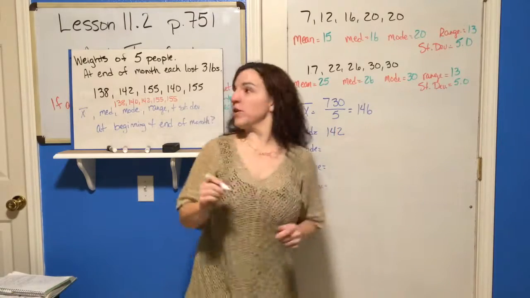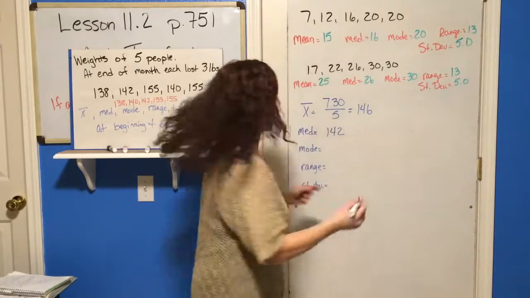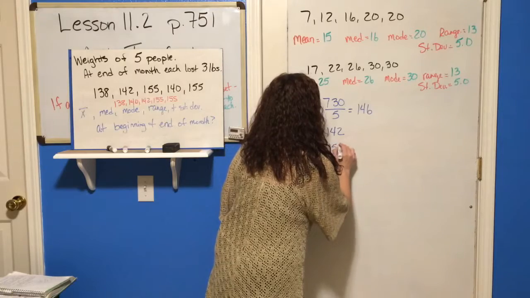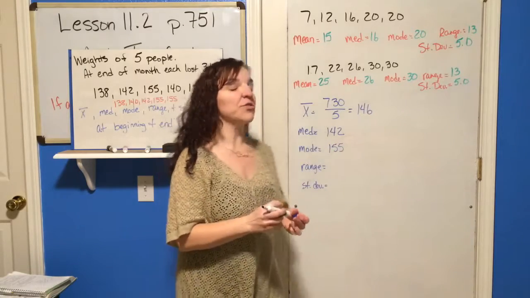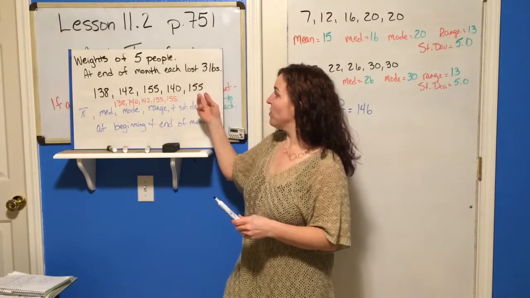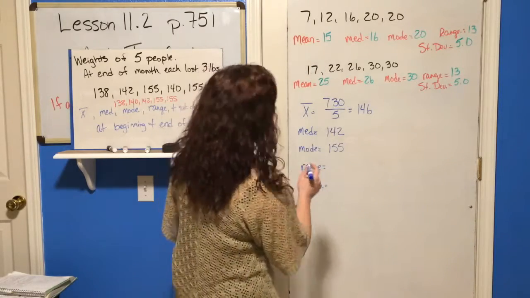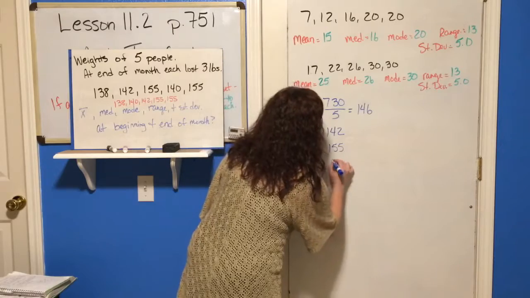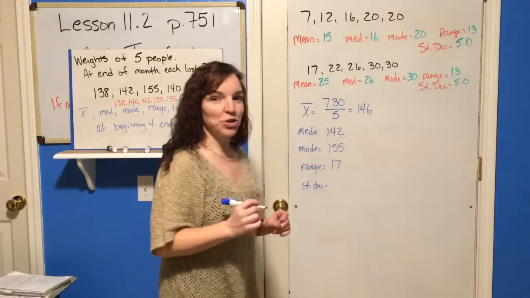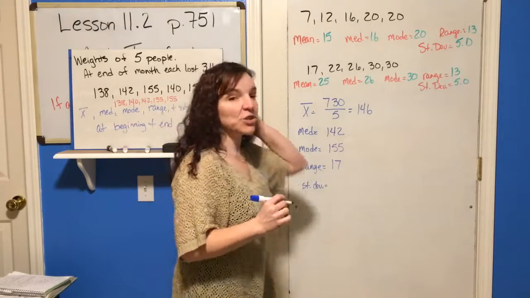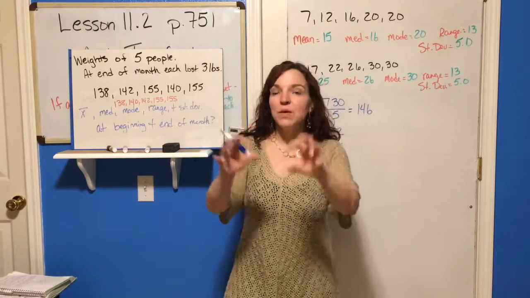The mode is the one that appears the most. 155 appears 2 times, so 155 is your mode. The range is the difference between the largest and smallest, so 155 minus 38. Can you do it in your head? Can you do it on your paper? Do you have to use your calculator? 17 is the range. And then the standard deviation, just for the sake of time on the DVD,